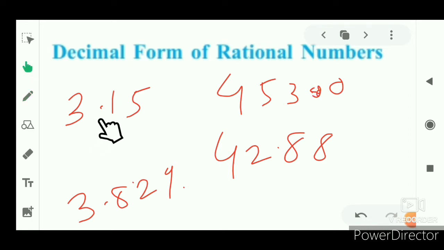Here is a decimal point, here is a decimal point. 42.88 contains a decimal point here. 3.829 contains a decimal point here. So every number that contains a decimal point in it is called a decimal number, or a decimal form of